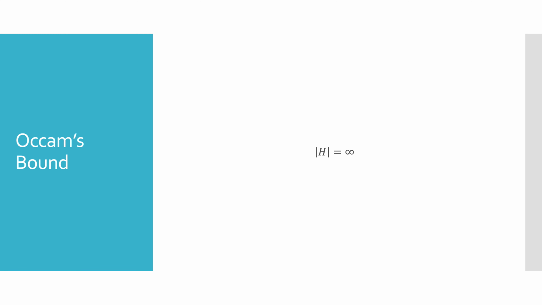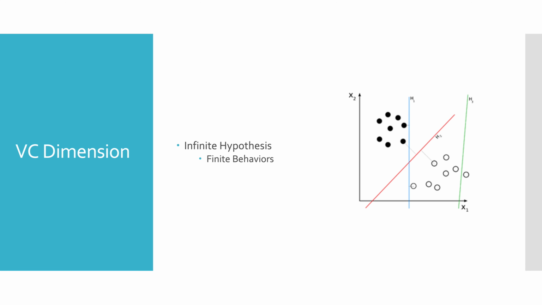Occam's bound is a fantastic result for learning over finite hypothesis spaces. Unfortunately, it is completely useless when the hypothesis space is infinite. If you want to establish sample complexity results for infinite hypothesis spaces, you need some new way of measuring their size and their complexity. A prototypical way of doing this is to measure the complexity of a hypothesis class as the number of different things it can do. Even though there are infinitely many hypotheses, there are only finitely many behaviors. So if we're talking about binary classification, there are a finite number of ways that points can be classified.